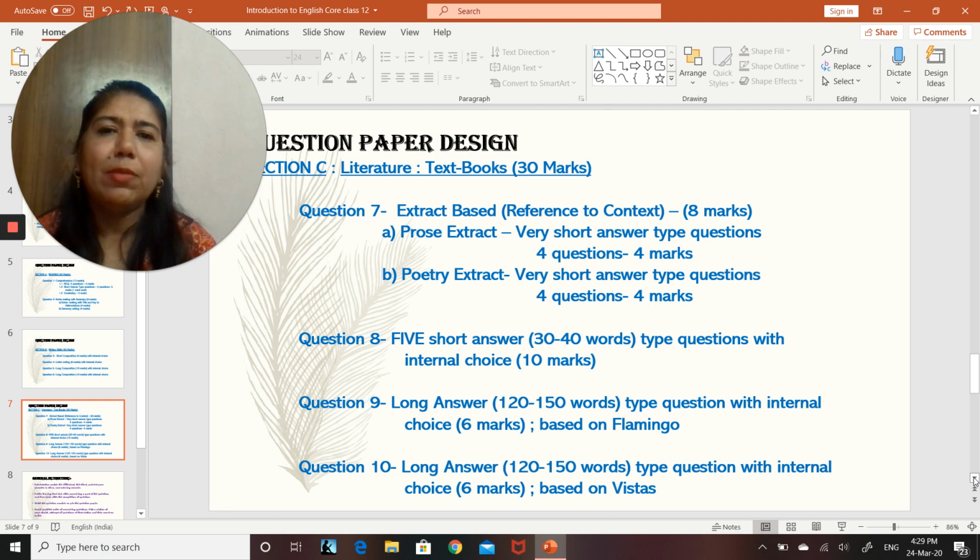After this extract based question, we have in this literature section short answer type question. In this short answer type question, there are 5 questions to be answered out of usually 7 questions. So you do get internal choice. And these 5 questions that you are going to answer, they must be answered within the word limit of 30